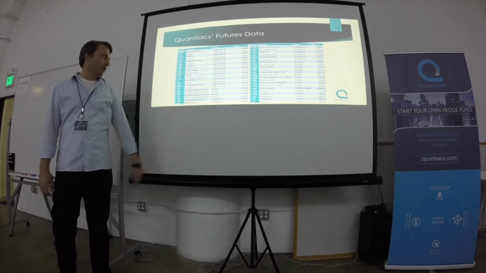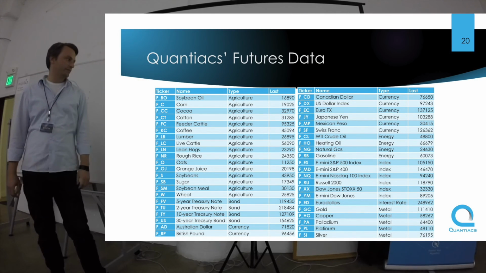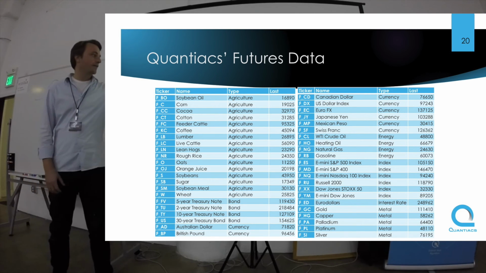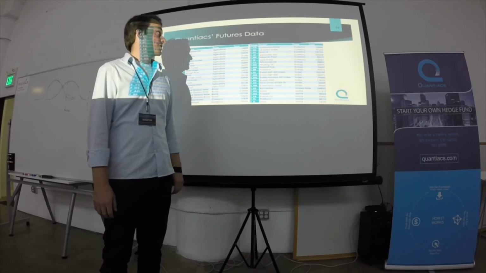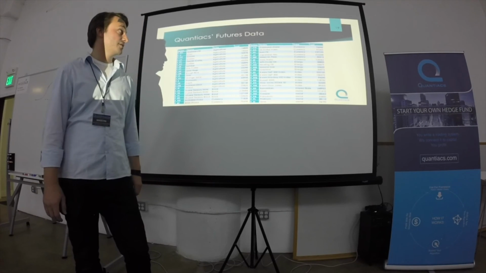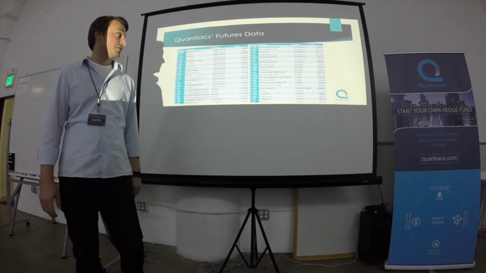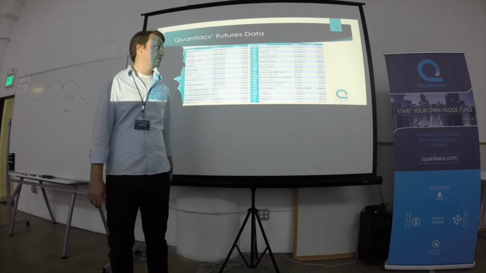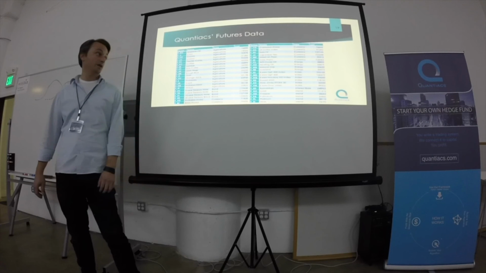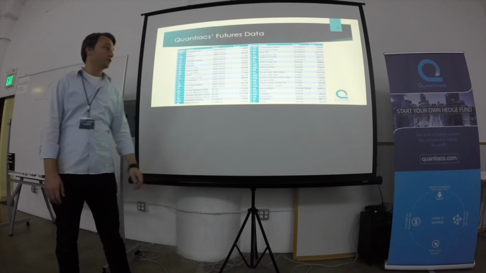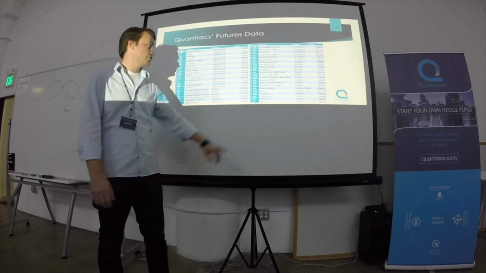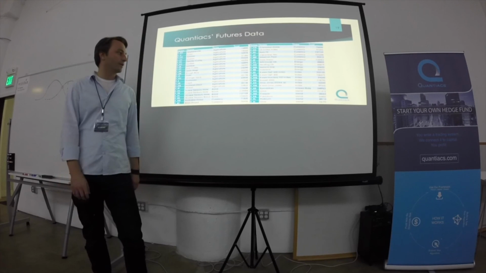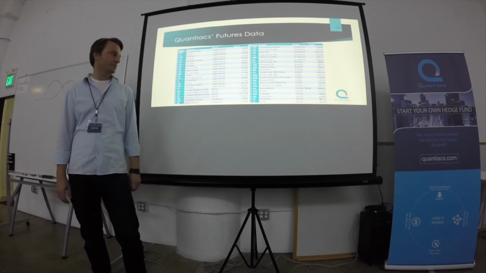Then we have a couple of bonds, government bonds, treasury notes, basically with different maturities, durations from 2 to 30 years. Then a couple of currency futures, energies, crude oil, heating oil, natural gas, and so on. And then, of course, the financial futures. These are among the most liquid markets, especially the S&P 500 index future is very liquid. Then, the Russell 2000, Dow Jones, NASDAQ, and so on. Then we have one interest rate, the euro dollars, and a couple of metals and precious metals.